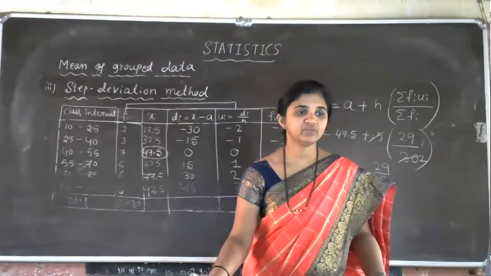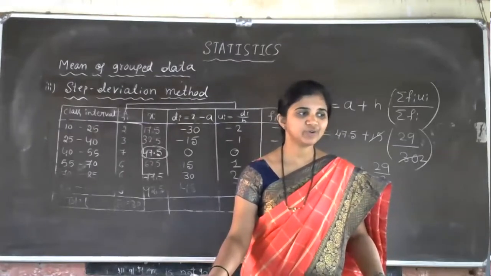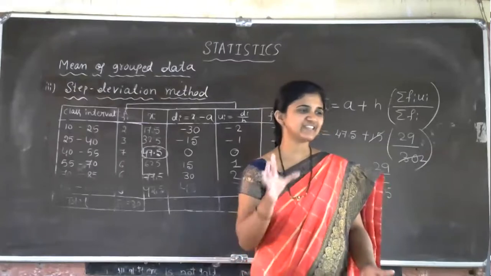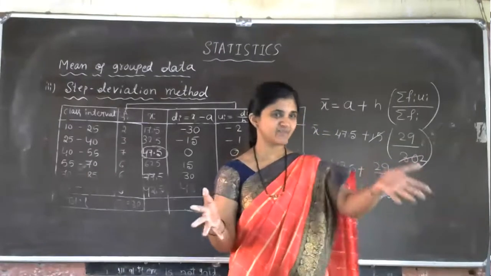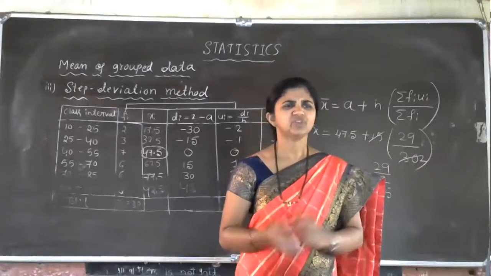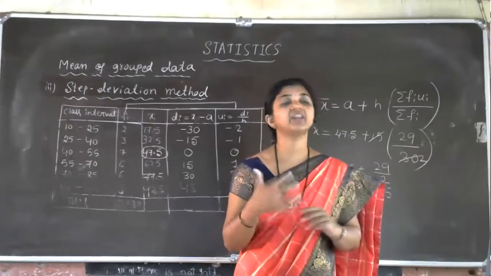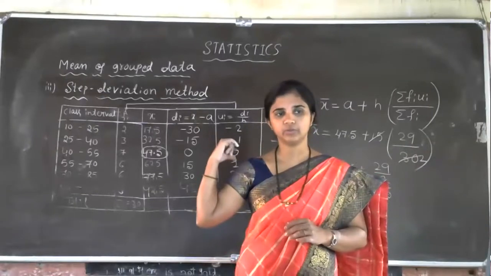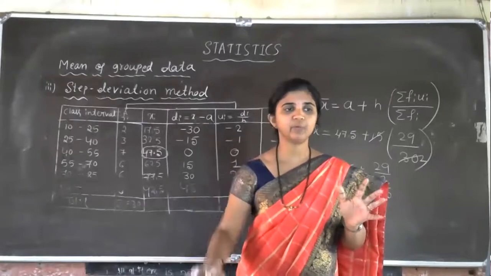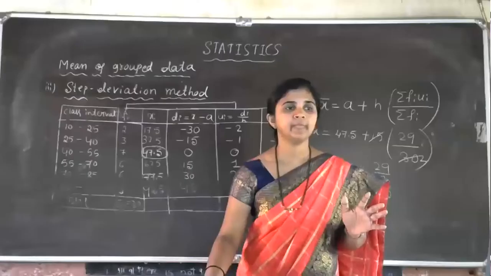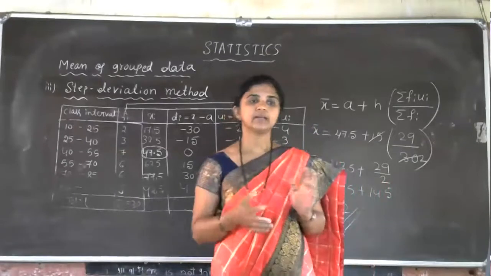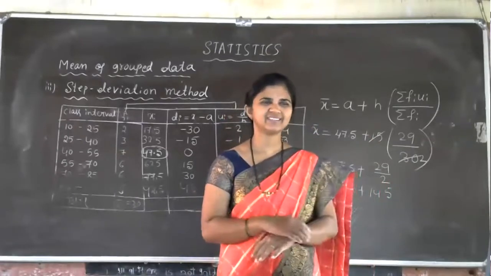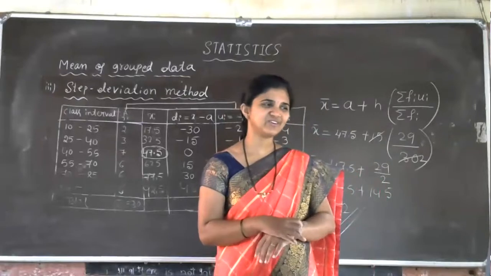Now, if you are having any confusion regarding this, you can ask now. Do you have any confusion regarding this? So tomorrow we can finish the topic by discussing that last ogive topic. Tomorrow we are going to discuss the mode and median. If you are facing any difficulty in any problem, that problem will be worked out on the board. If you have that type of problem, you have to message me, saying we need the explanation for this problem or that problem. Otherwise, this is the statistics part and you can solve all the problems.